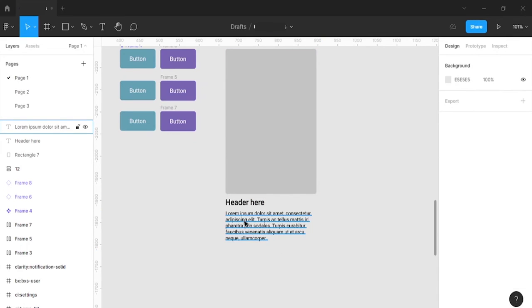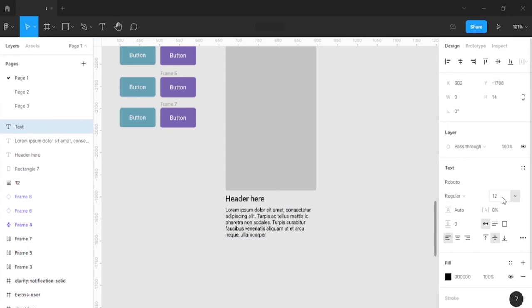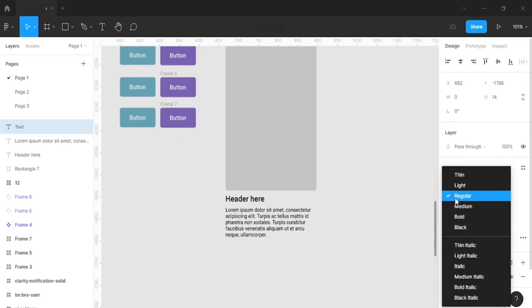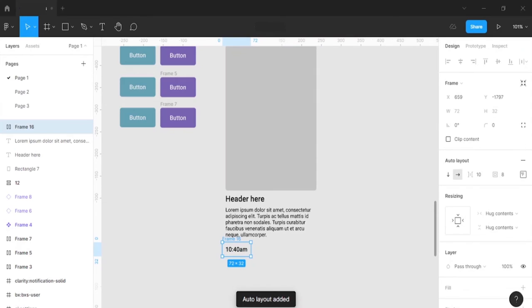The next thing we're going to have in this is the time schedule, for what time the movie shows and all. So I'm just going to create a text 14, then let me make it medium. 10:40 AM. Then auto layout for this,